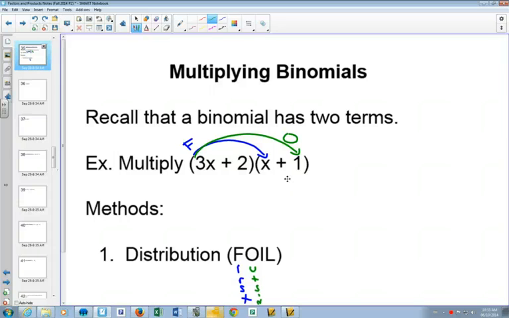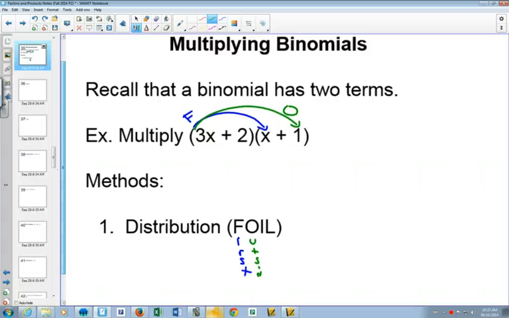So the O stands for outside. You'll have to multiply the inside terms. And finally, you'll have to multiply the last terms. So FOIL is just to help us remember that we multiply our first terms, our outside terms, our inside terms,